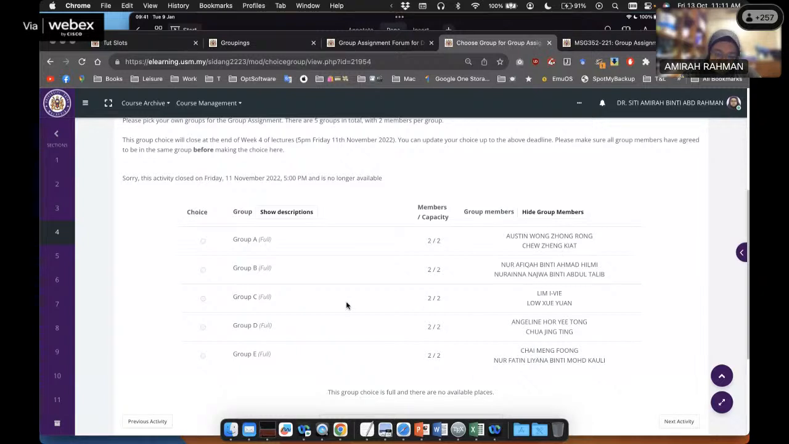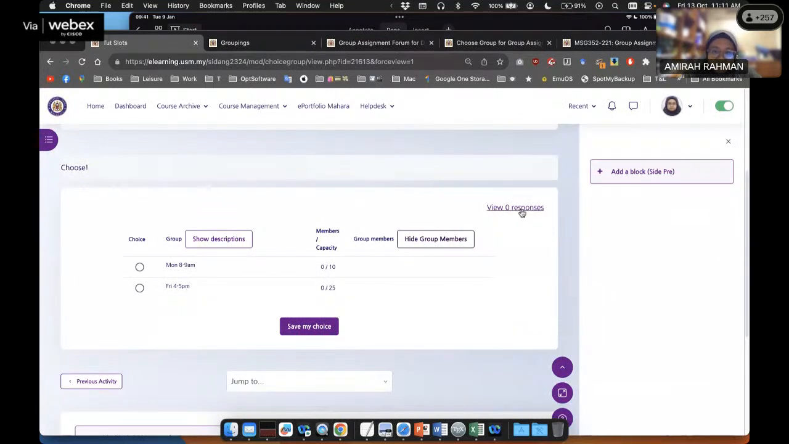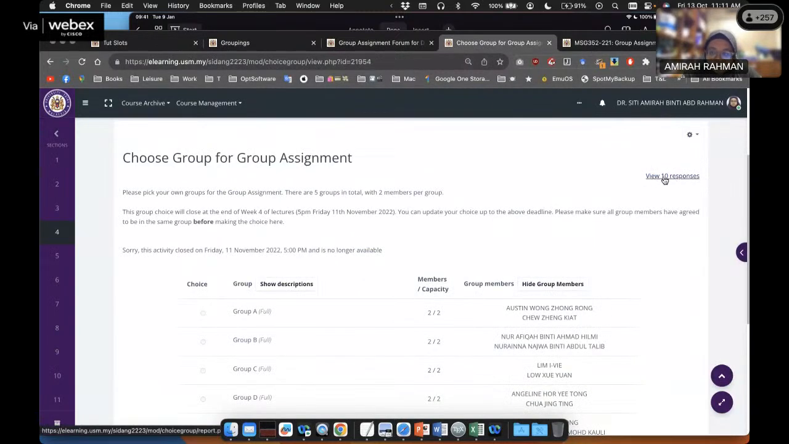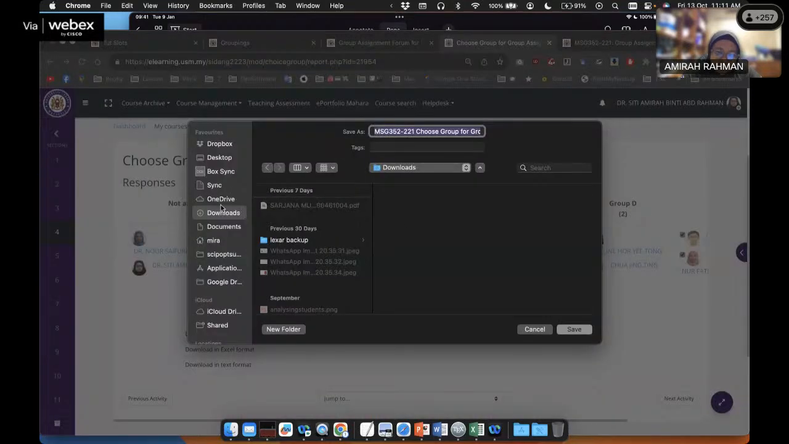So once you have all this, if you want to export it, you can. So at the top here, there's going to be view 10 responses. So over here, there's view 0 responses, right? Because no one has submitted their choice yet. So once they have, then you'll have a view, number of students responses. So if you click on that, then it'll give you this, and you do select all, and you can download in Excel. So what you get in Excel, and I'll just put it on my desktop just to show you,